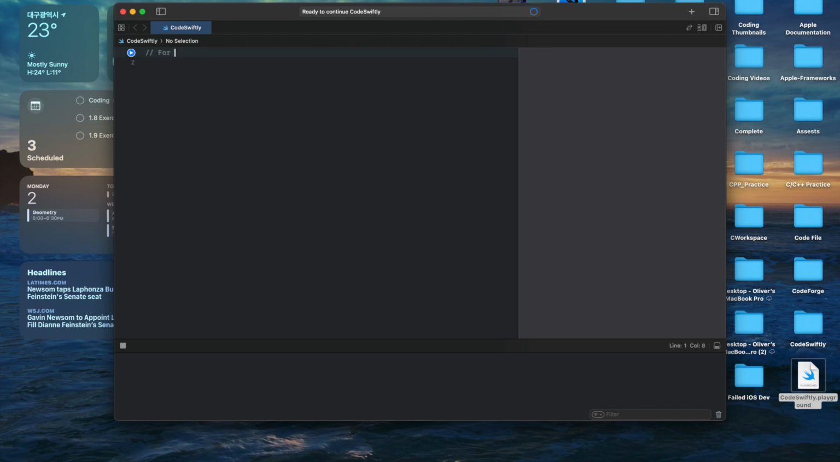Let's make our for loop. So we're going to first declare our array numbers and write 1 through 3, 4, 5. So we have an array of numbers that has 1 through 5. Let's make a for loop: for number in numbers,